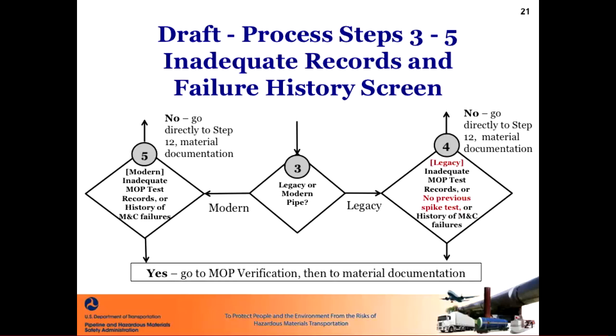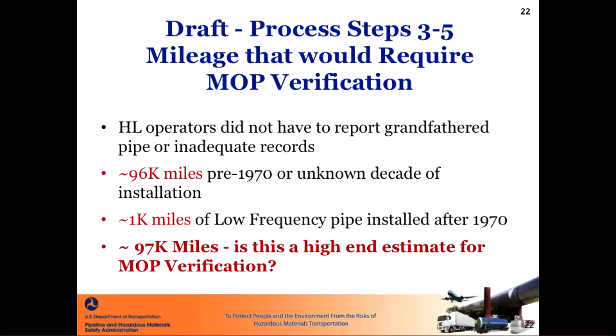number 3 box, you can see whether it's legacy or modern pipe. If it's modern pipe, you go to the left and you look to see if it has inadequate MOP test records. Has it had a history of failures? The same thing, if it's legacy pipe, you go over and we'll have some questions there to go through. The draft process 3 through 5, again,